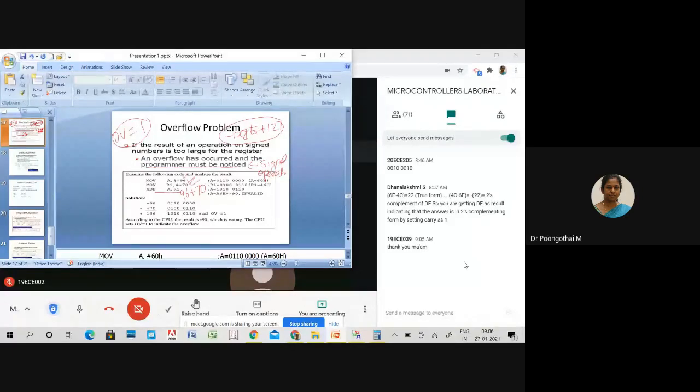After your addition, please check the status of your D6 and D7. Is a carry generated in both D6 and D7? Carry is generated from D6 to D7. What about D7? Carry from D6, no carry from D7. Please check it. Carry from D6, and there is no carry from D7.